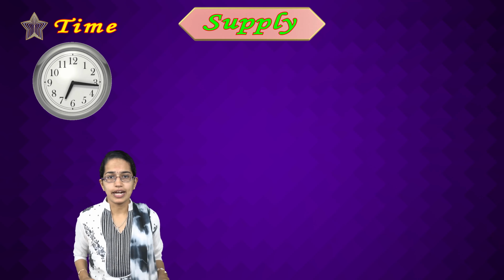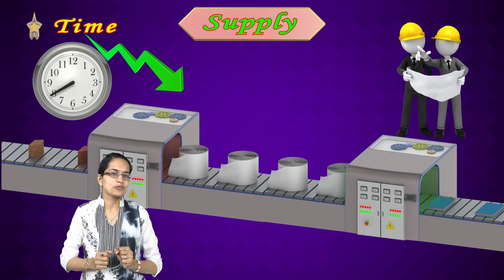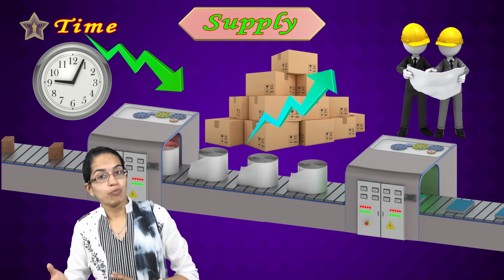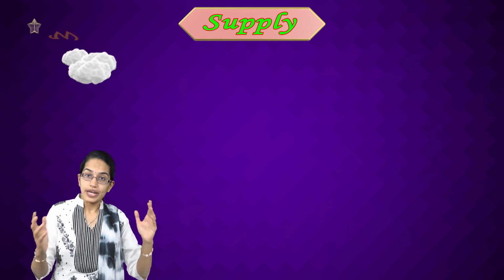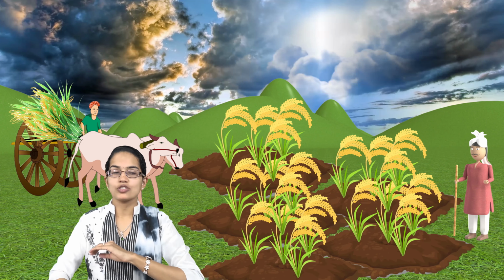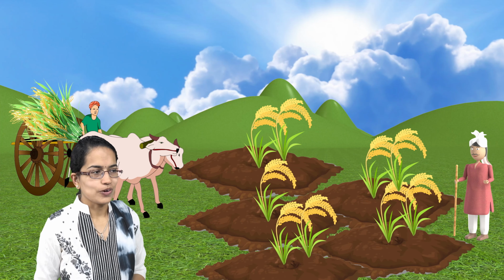Time is another important criteria to determine the supply. If I'm taking less time to produce my output, definitely I can increase my supply and I would have more production that would be seen. Weather is another important factor that affects it, specifically when we are talking about agricultural production. If the weather was fine, I have more production with me and I can meet the supply. However, if the weather is not good, vice versa would lead it. The cost of production, that's the paramount that we have already talked about.